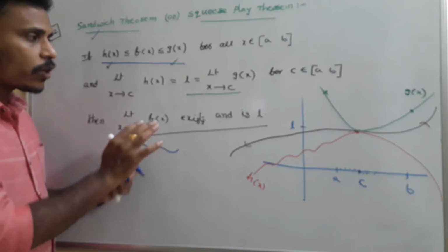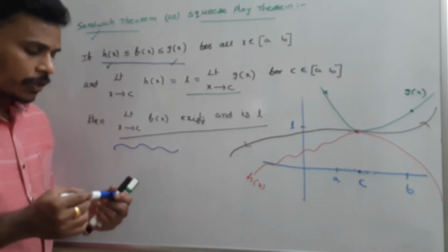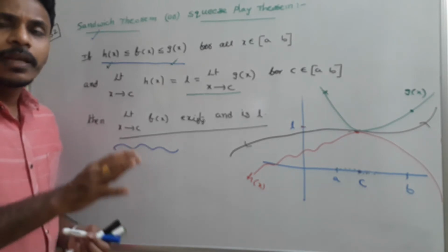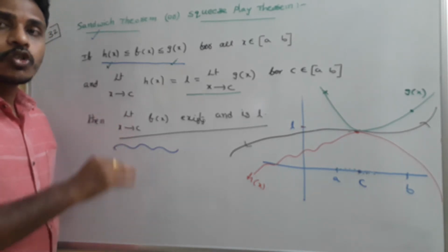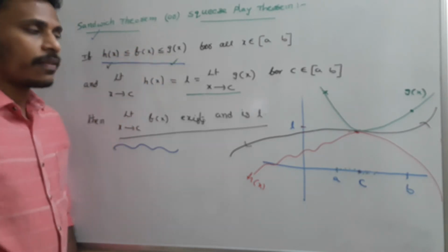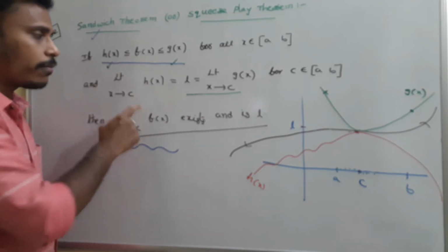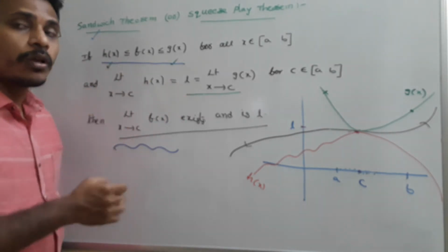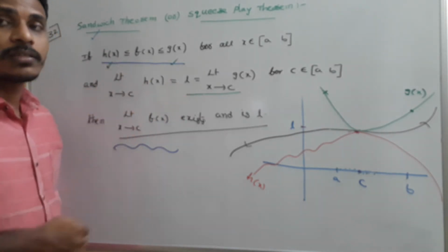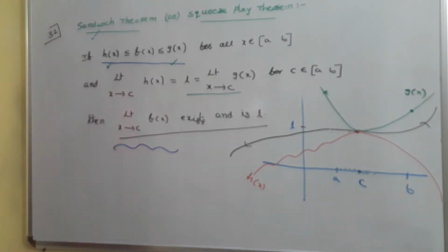First of all, try to analyze the statement. This is the statement of the sandwich theorem. When you say it orally, we have three functions in an order like this: h of x, f of x, g of x. If the extreme functions have the same limit, then for sure the middle function also has the same limit. That is basically the sandwich theorem. Okay, I will give you some problems to solve. Have a look.